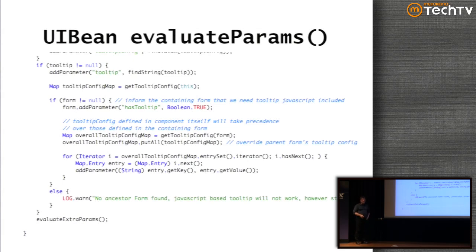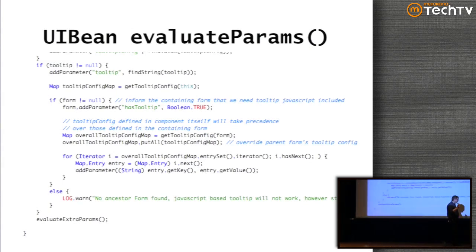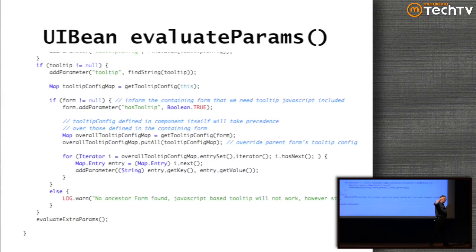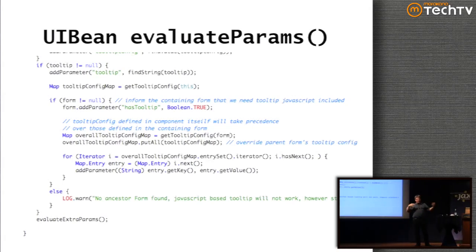So if you start poking around in Struts, you'll find a whole bunch of evaluate params and evaluate extra params methods. And what those are there for, Struts is a component-based web framework, and one of the things it does is auto-harvest some URI parameters for you to fill in form fields and other things. So you can intervene in that process if you want, or you could ignore some parameters that get sent in. That's the combined job of evaluate params and evaluate extra params.